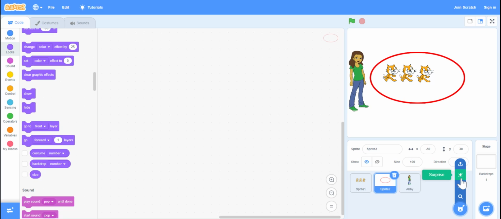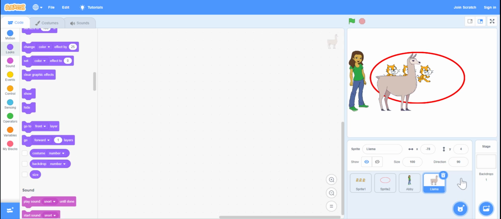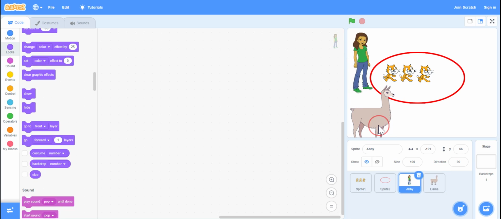This one is a surprise. So if you click it, a random sprite will just appear. Like in this case, a llama. So depending on your students, you may want them to just do a random sprite because of time. And if you want to just change the size,